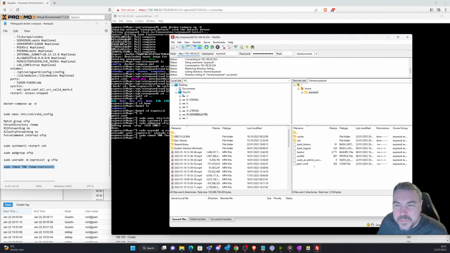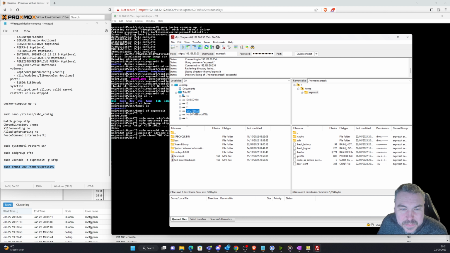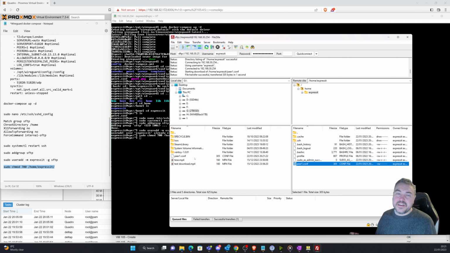So you can now see the peer1 conf file that I need. So all I'm going to do is just grab that, and I'm going to stick that somewhere. I'll just grab that peer conf file and download, and it's now sitting there. So I've got my peer1 conf file. So in theory now, everything else I need to do can be completely done